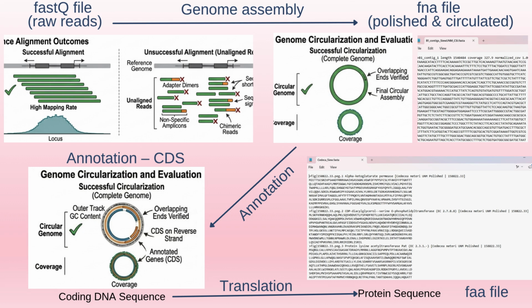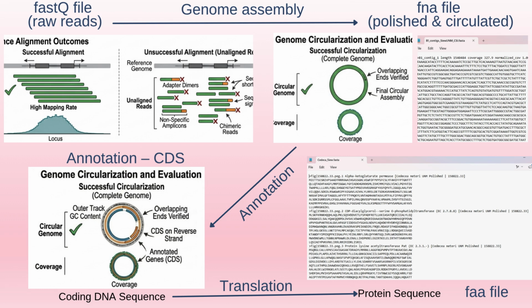After quality control, trimming, and genome assembly, the processed data is typically reconstructed into a FASTA file, often with a .fna extension for nucleotide sequences. This file represents the assembled genome sequence and is widely accepted by most bioinformatics analysis platforms as the standard input